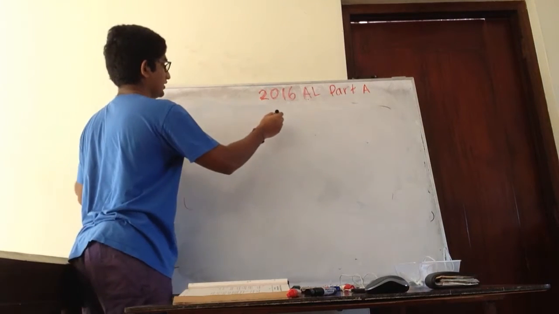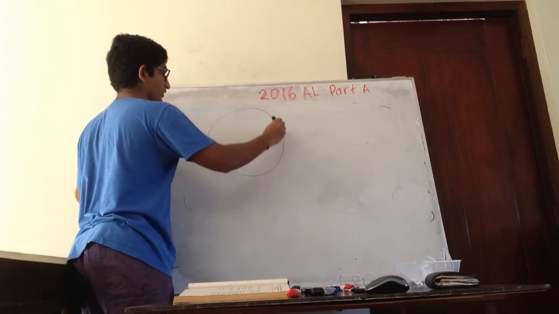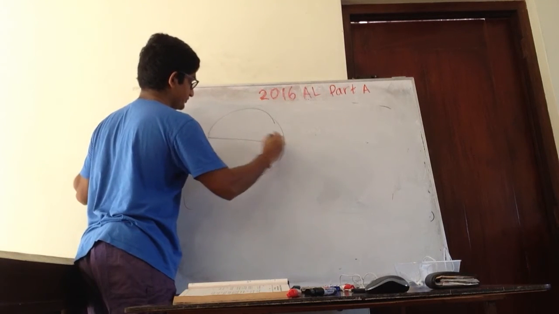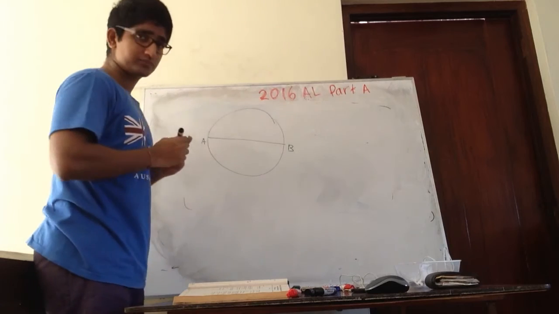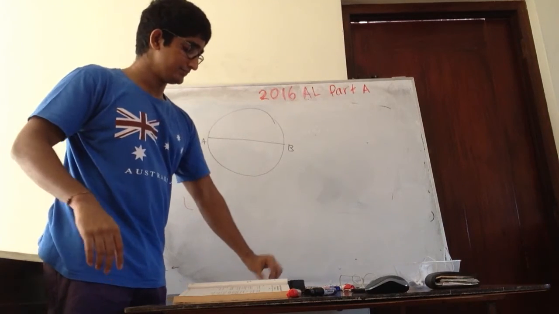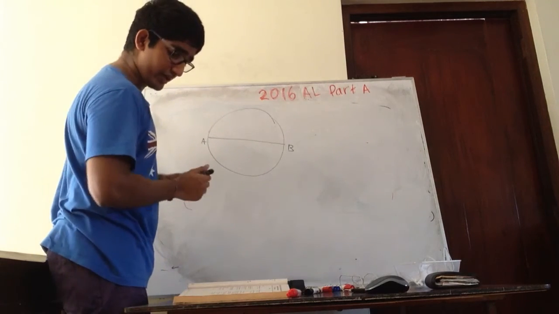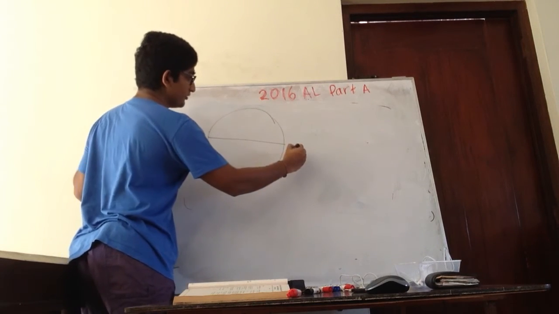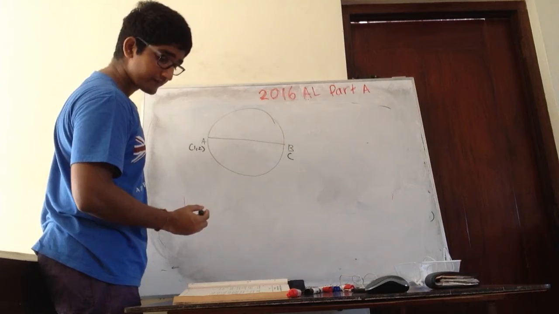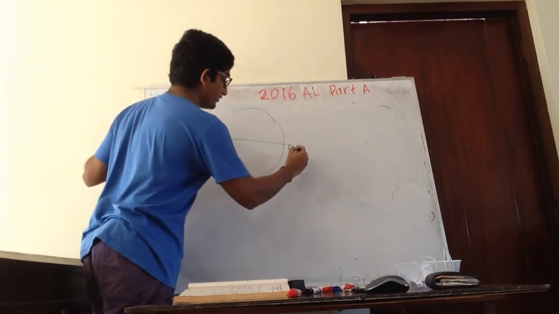Okay. They have AB here, right? So we have AB here, where A is (1, 2), B is (-5, 4),